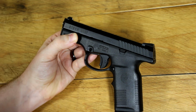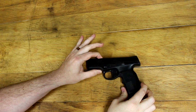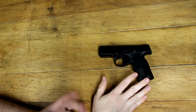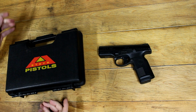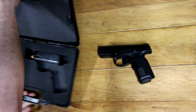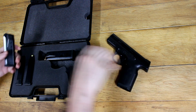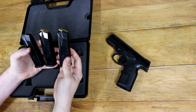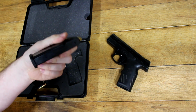Now, for this one that I purchased, I came across locally, and this guy is effectively brand new. It really doesn't look like it's been fired very much, if at all. Includes the case. Inside the case includes the grand total of 4 magazines. 3 of the magazines are the 12 round capacity, and you'll see